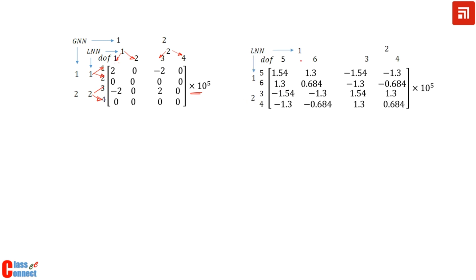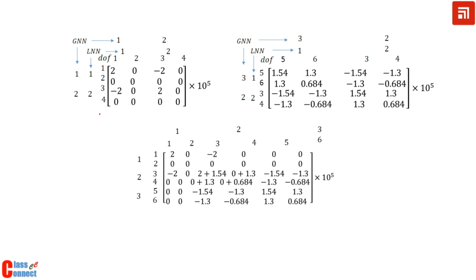And for the second element, we have local node number 1. So this is our fifth degree of freedom, sixth degree of freedom of local node 1, and this is local node 2, and these are the global node numbers. Let me try to explain how we got this system stiffness matrix from these two element stiffness matrices, taking element one by one.